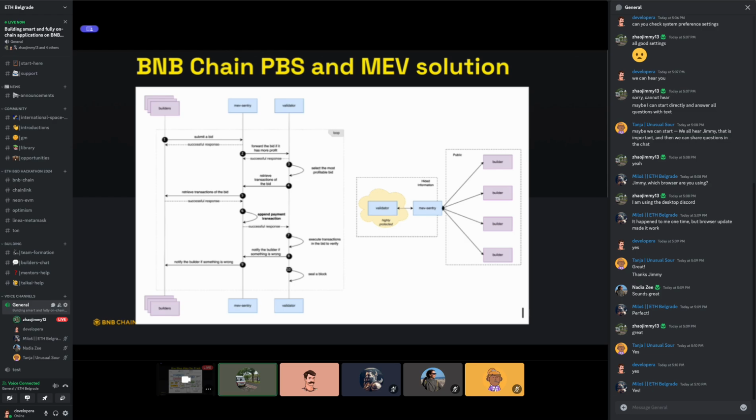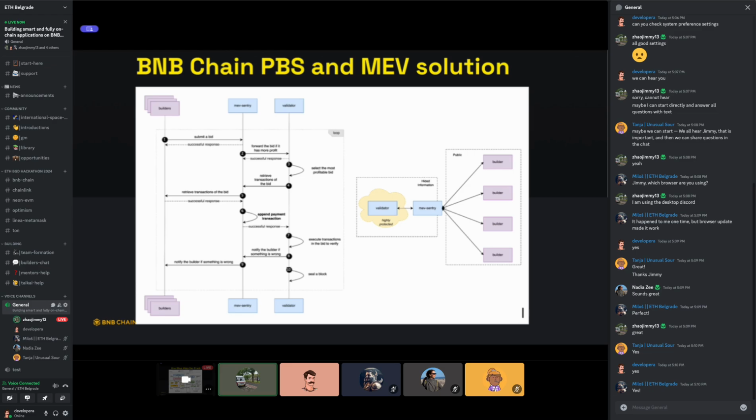In this process, every builder has to register with the validators first before it can submit a bid to the different validators.